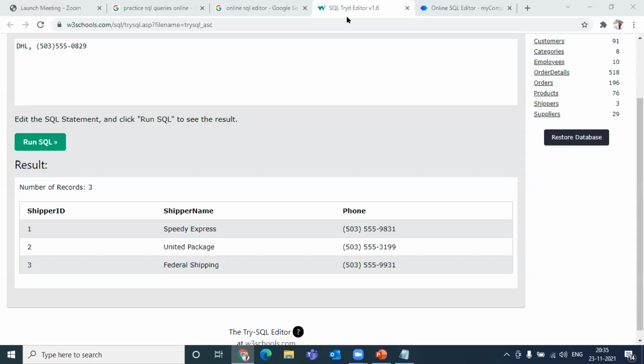Insert into shipper table where shipper name is DHL. Dharani, this is wrong. Not correct. Not correct. I want someone to give me the right query. Okay, now you are asking me to share the link, the online editor link. Okay, I'm going to share it now.